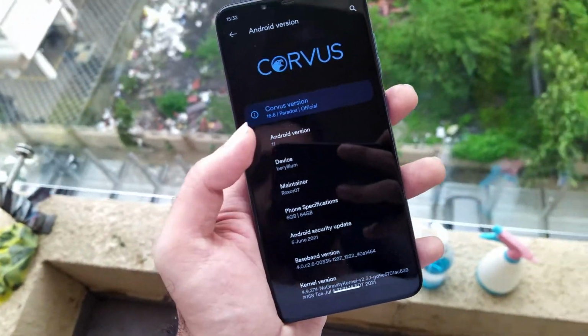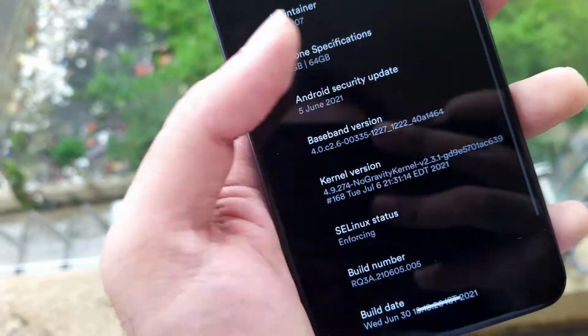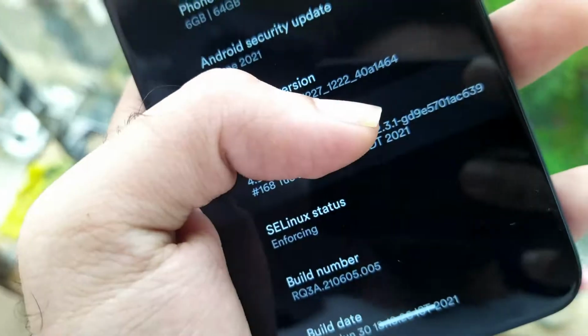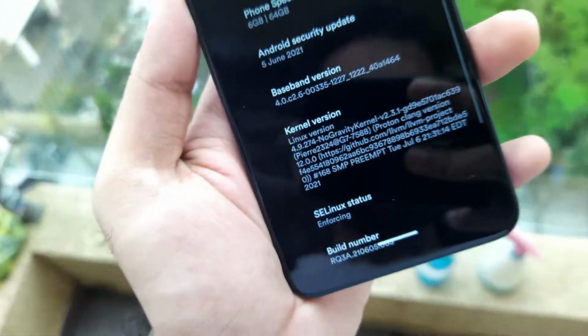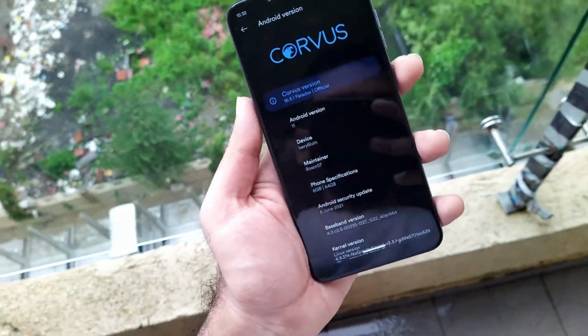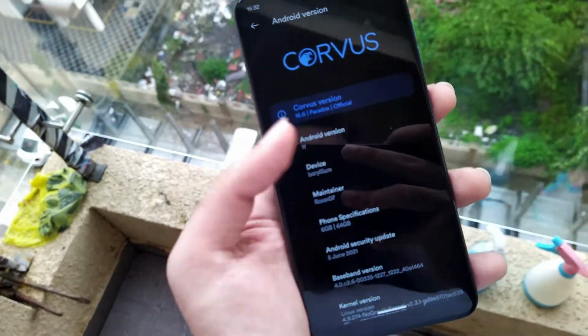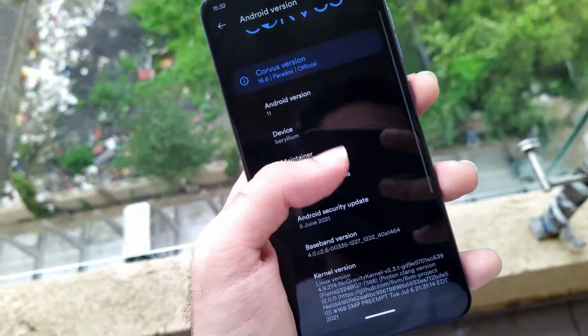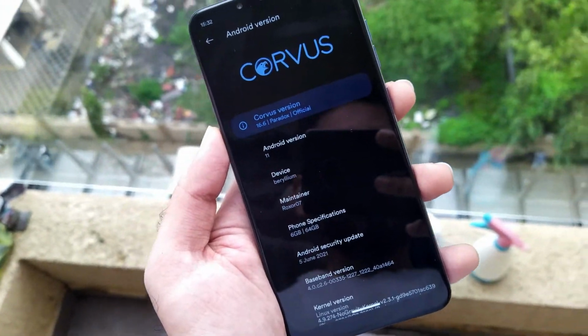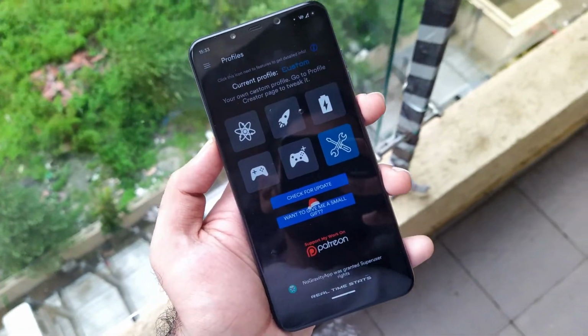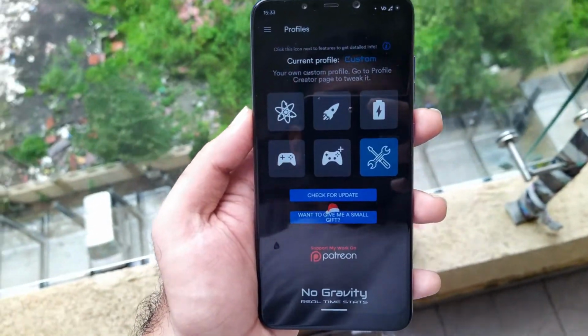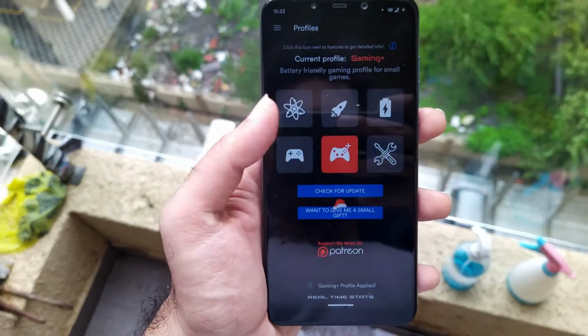We were reviewing some ROMs which are based on Android 11, or which are the latest launches for a phone, that is the Poco F1. All of these ROMs are pretty good and fine in terms of performance, like gaming and battery, but sometimes we don't get satisfied by the performance of a ROM. At such a time, the other option left is changing the kernel. So that's what this video is all about.